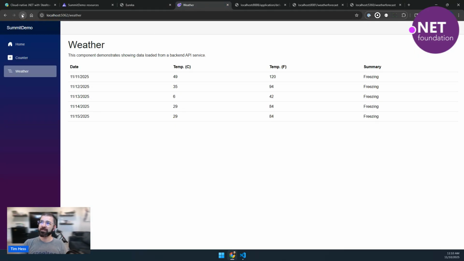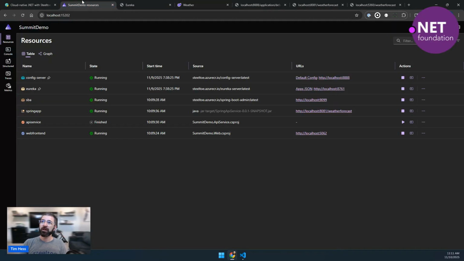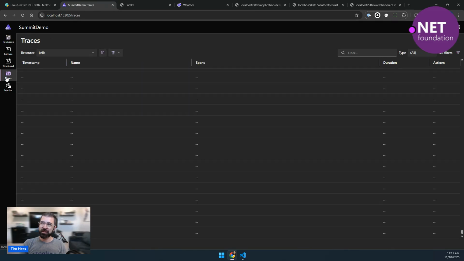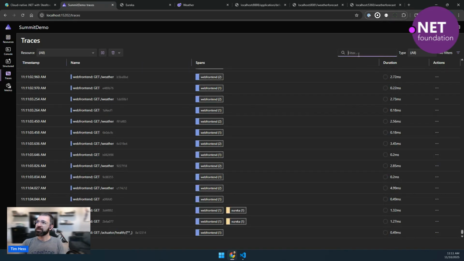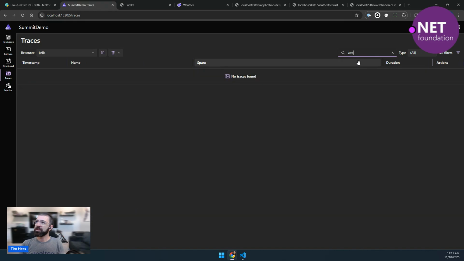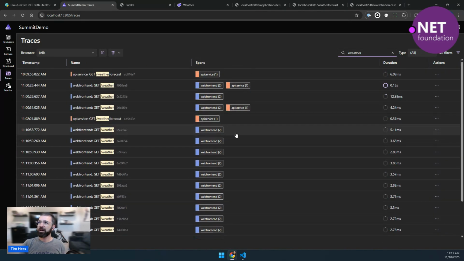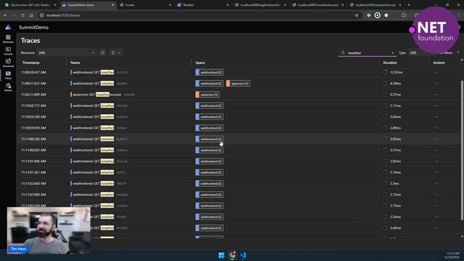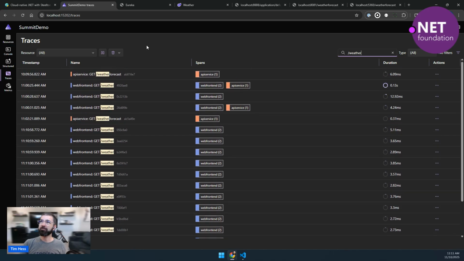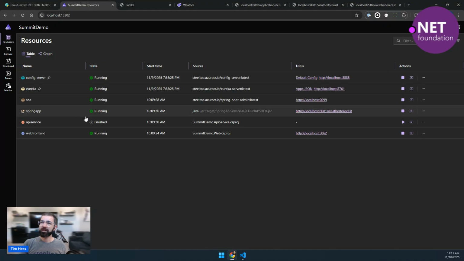We go in here, and all of this is still working, even though half of my service instances are now gone. If we go take a look at the traces, that's another way to see what's going on here. I'll filter this down so that we don't see all of the unrelated requests. We can see now, this one's on me. In my demo, I didn't get the Spring app to send its traces correctly to the dashboard, so you can see pretty instantly at a glance. This one went to the .NET app backend. This one went to the Spring app backend, and all of these recent requests are going to the Spring app backend. So if we fire that instance back up again,